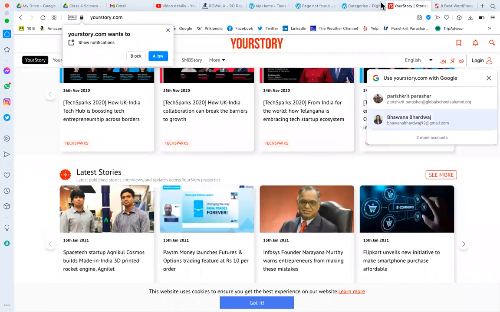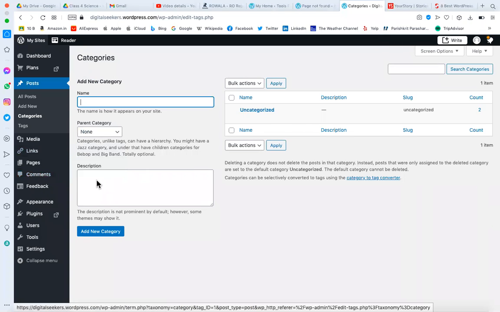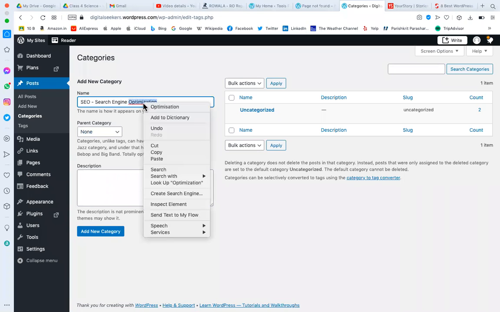So here we are creating such categories, and we can give the name of the category. Our website is about digital seekers, so I'm creating a category something like SEO, search engine optimization.